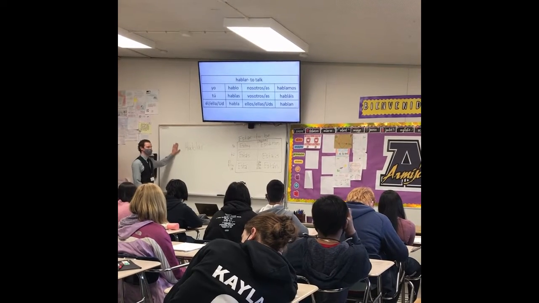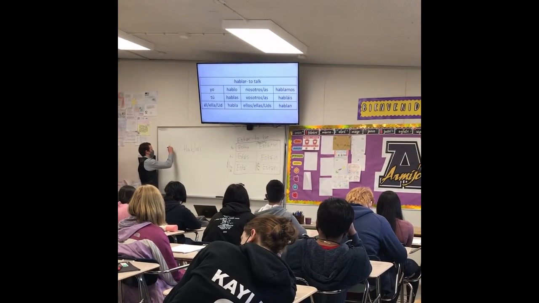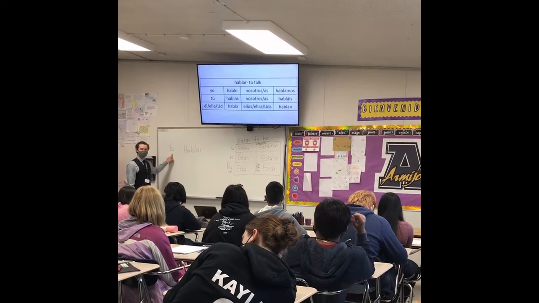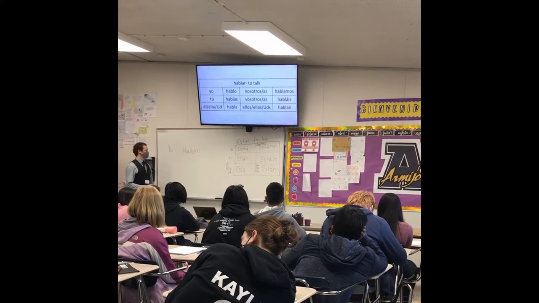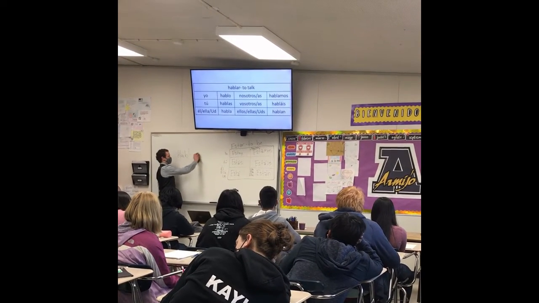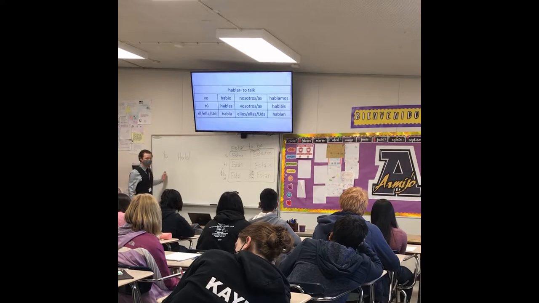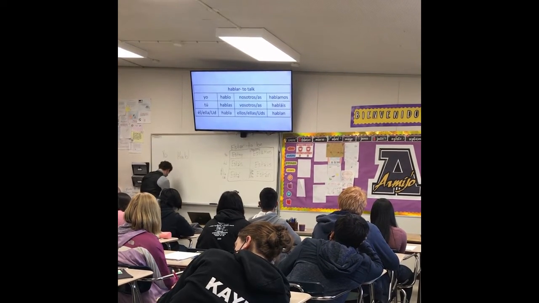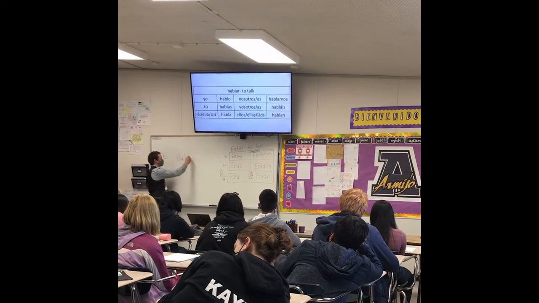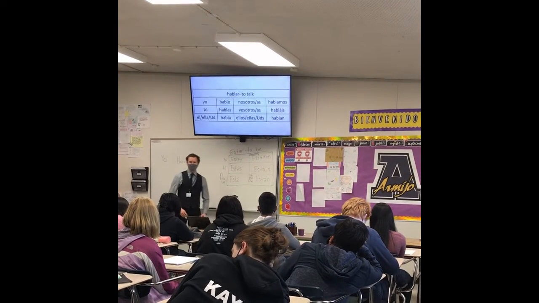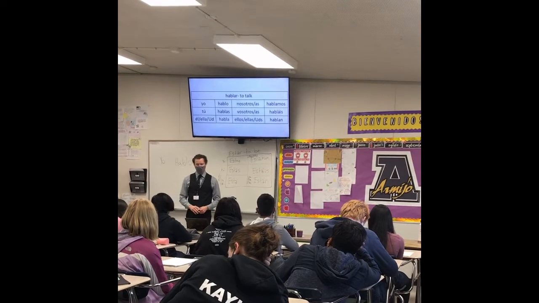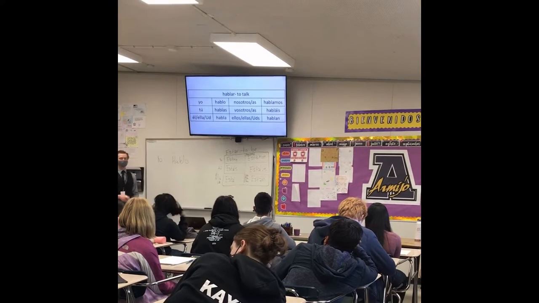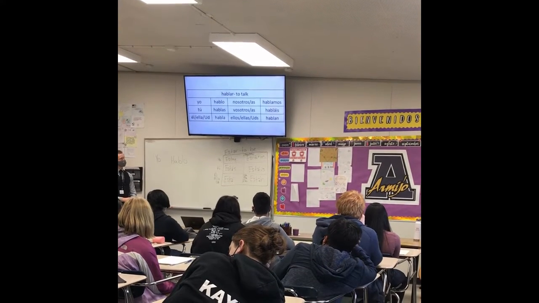We need to know who it is that's doing the action. So for sake of example, it's yo. That's the pronoun. We know who it is that's doing it. Now what? We got to get rid of something. Get rid of the ending. Exactly. And in its place, what do we add? The O, the conjugation. Yo hablo español con los estudiantes. The regular AR verb endings in the present tense are o, as, a, amos, and an.